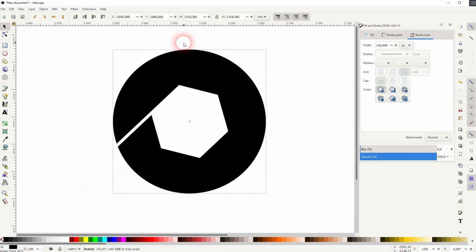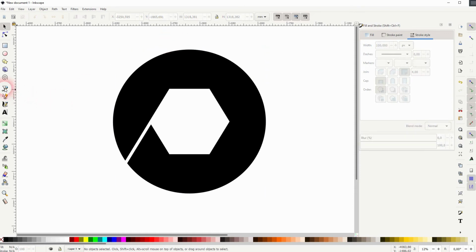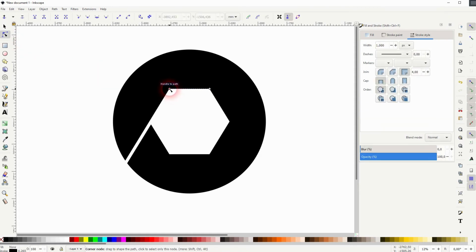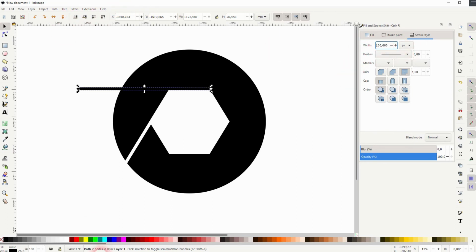Click on it with the cursor tool and click on it once again, rotate it holding Ctrl to change the horizontal line of the polygon in the center, and then repeat the process. Bezier tool, nodes tool while holding Ctrl, increase the stroke width, so we've had it to 100 pixels. Let me give it a different color this time so that you can see it once more. Then path, stroke the path.